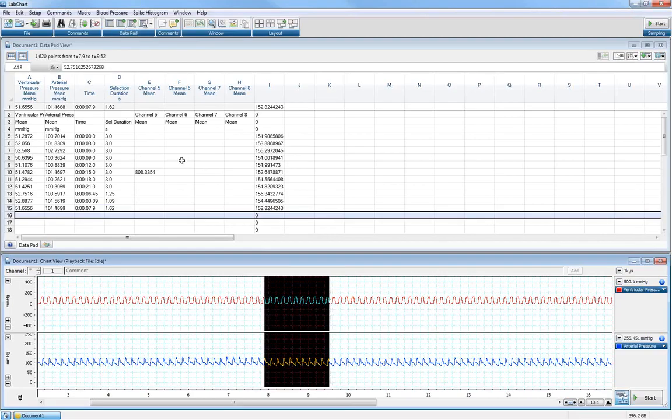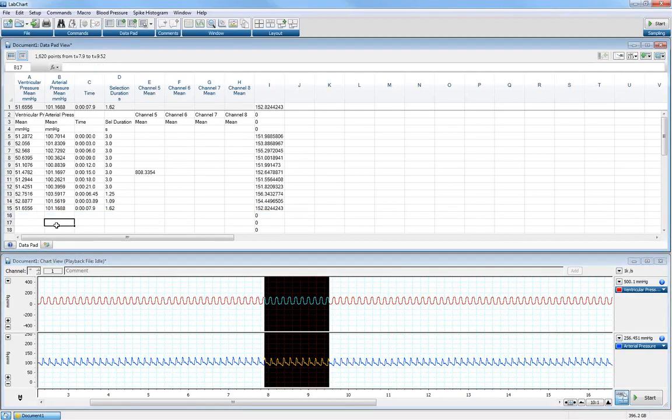And we can also use these types of calculations to give you a running total while we're adding data to the data pad. Okay, so I've already got some data added to the data pad, obviously. But if I select this cell down here in column B, I can type in equals sum,